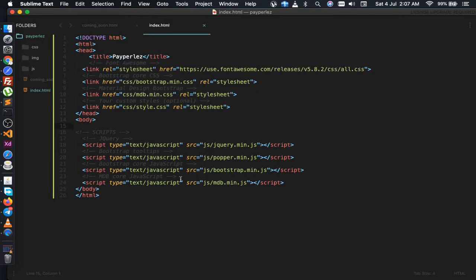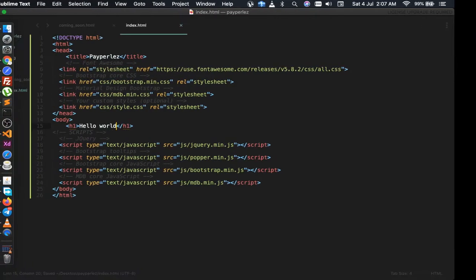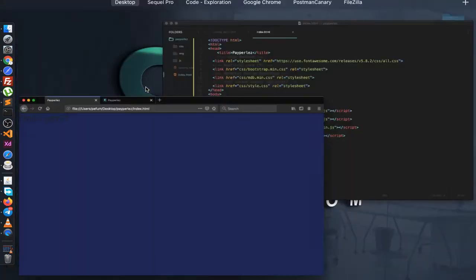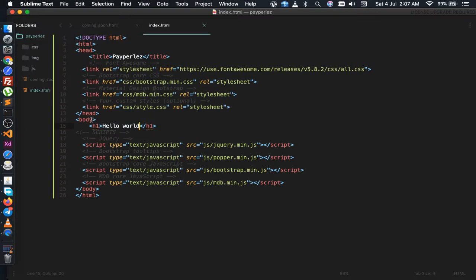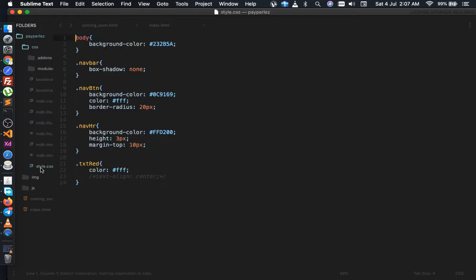So let's continue. Let me write hello world. So we have our page working. Bingo. The body color has changed because, if you can remember in the previous lecture, in our style.css we have the body background color set to that. So when you go and look at the website,